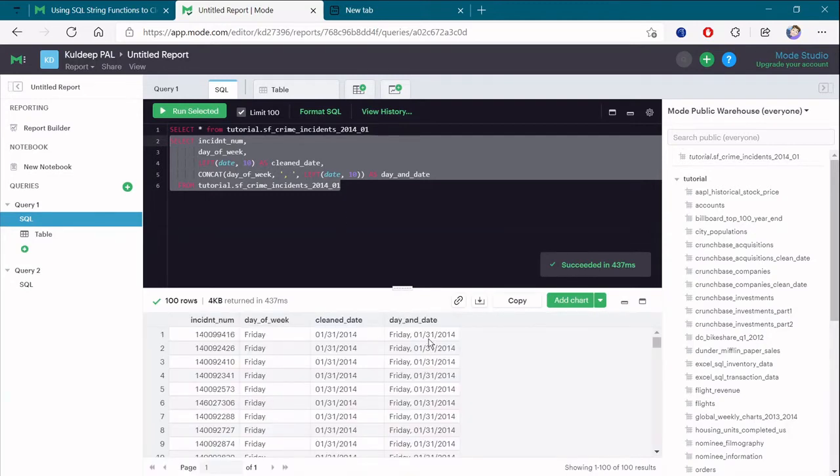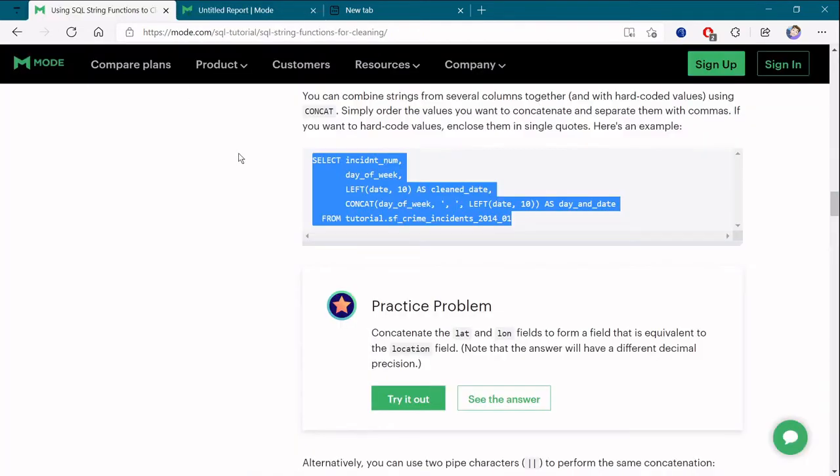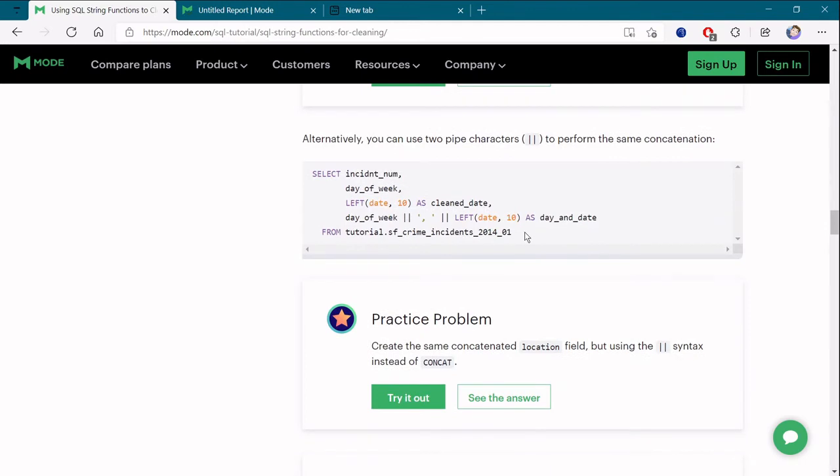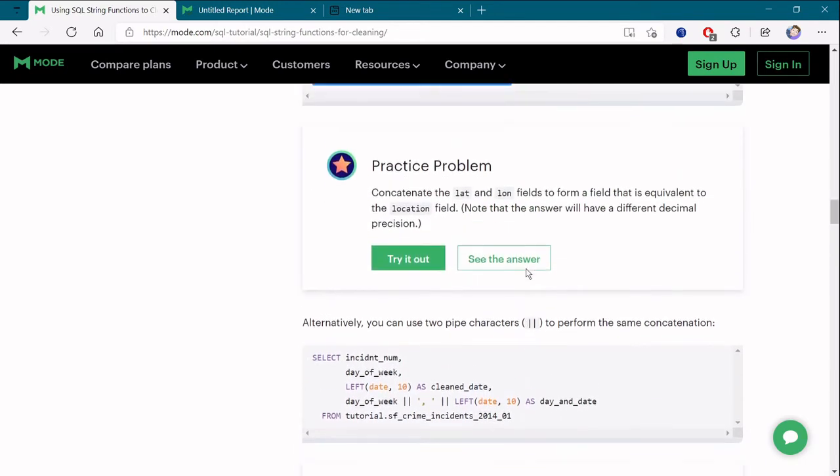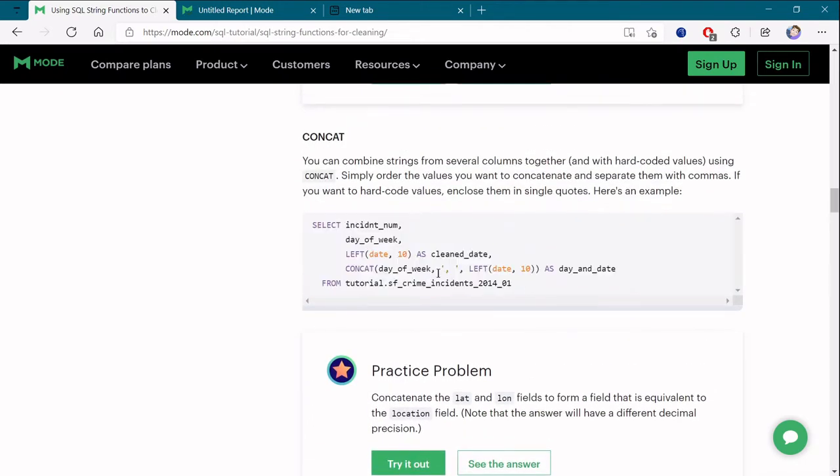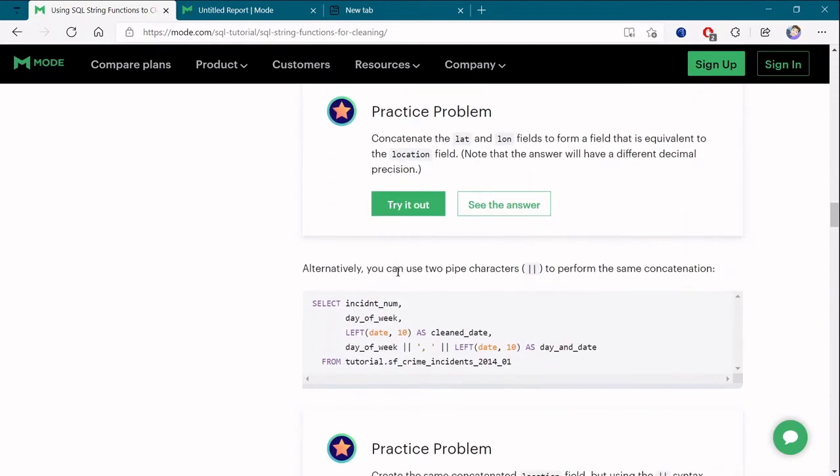So here it is. We have concatenated the day of the week as well as the clean date, and you can see day and date, we are getting it in a single column. It was simple, we have concatenated day with a date, so it is easier to see as well as easier to represent what is the day and date. And here, if you do not want to use concat, you can directly use the day of the week and the pipe symbol.